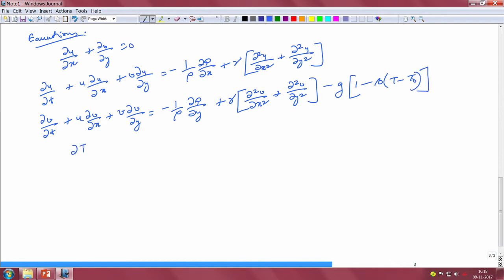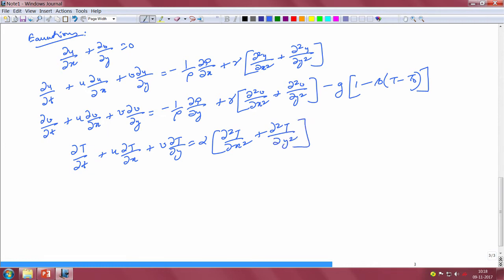Okay. The two momentum equations, x and y. Right. So, these are the 4 equations that we are interested in. We note that we have modeled the fluid, as we said earlier, as Boussinesq incompressible. That means that the change in density only comes in the body force term and not everywhere. The rho is constant. Rho is constant everywhere